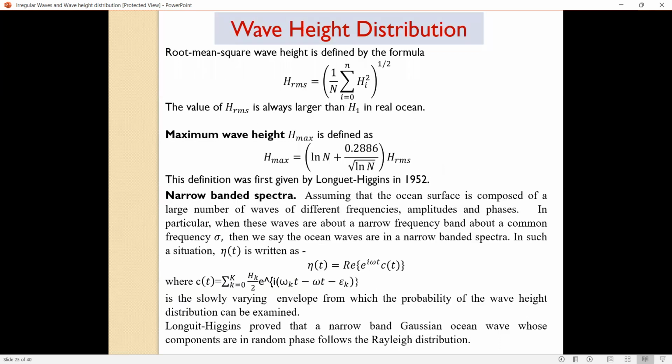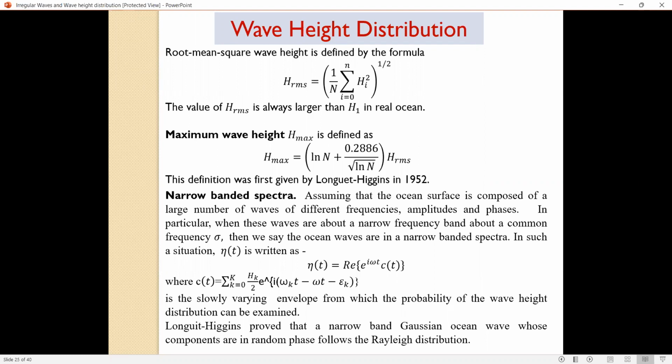In fact, these are formulas which were established later. There is no engineering in establishing these. The root mean square wave height is given by this. Then you have the maximum wave height, which was given by somebody in 1952. Then through some statistical approaches, they related H-max to H-RMS, and this took a couple of years to come to.